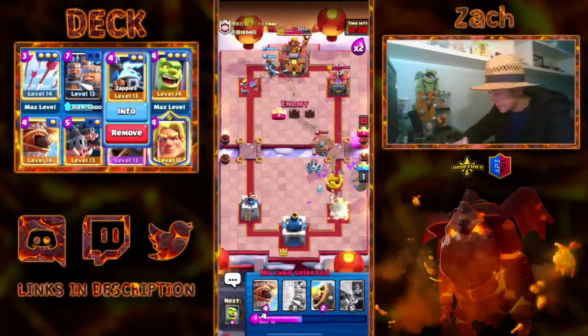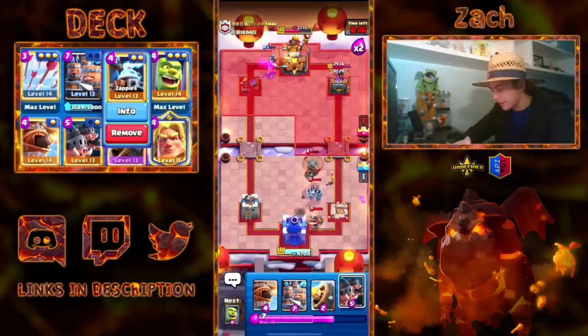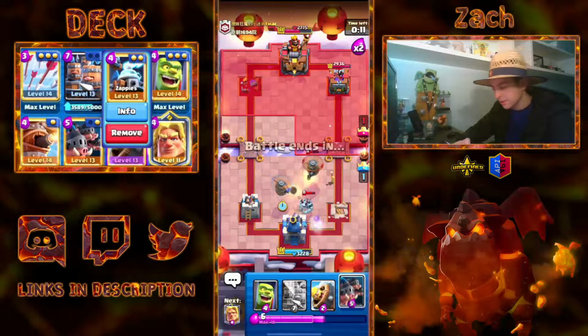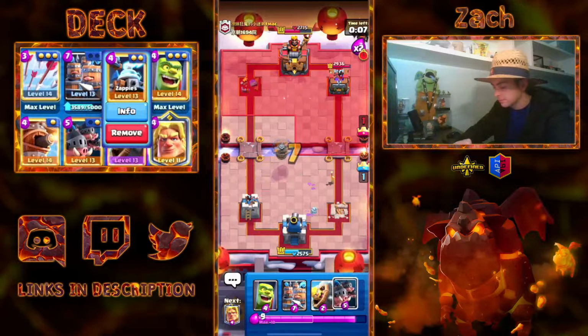And we took some damage, yeah, but look how much we stopped. We stopped pretty much everything, and we're already pushing the king, which is insane about this deck. I can just go for another Flying Machine. I don't want to lose it to a Mega Minion, so that would be annoying. But still, we're in a good spot. I can just go for...